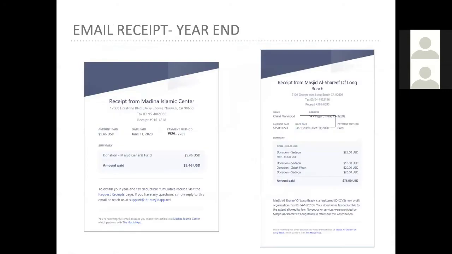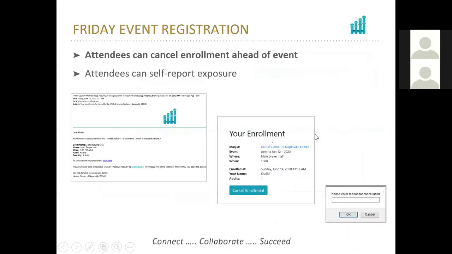Okay? And if you use that donation option where there was a suggested donation, if you make a donation, you will get a receipt. This is a sample one which I'm showing from Medina Islamic Center, but you will get one from the Islamic Center of Glendale. It will tell you that you paid $50 to your visa and all. It has your tax ID and everything. And the system also, at year end, will produce a year end tax statement for you, right?